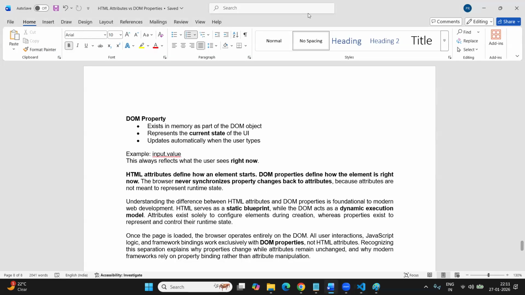Not related to this, but related to component and module. Earlier we used to have a module